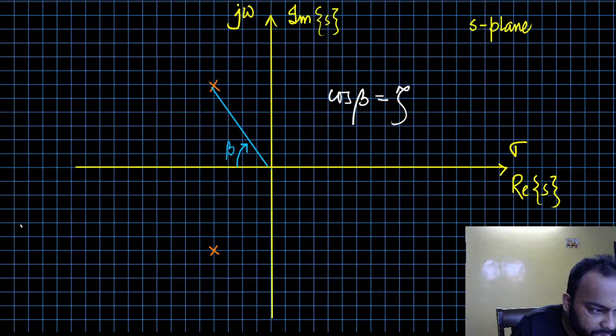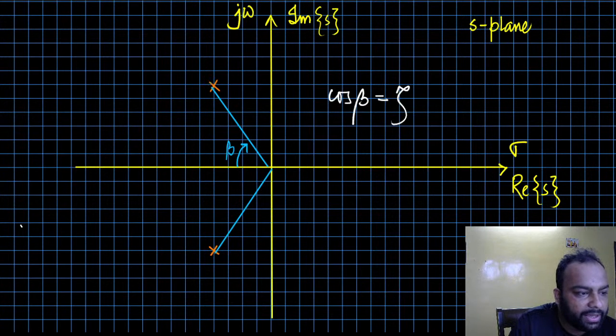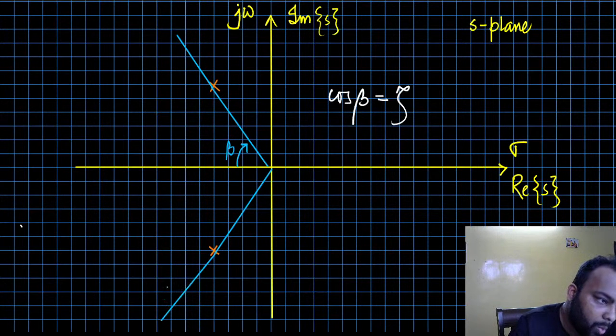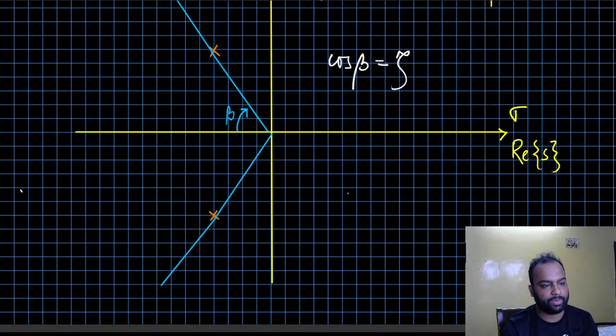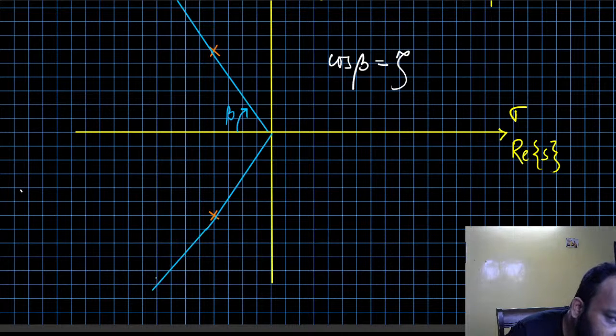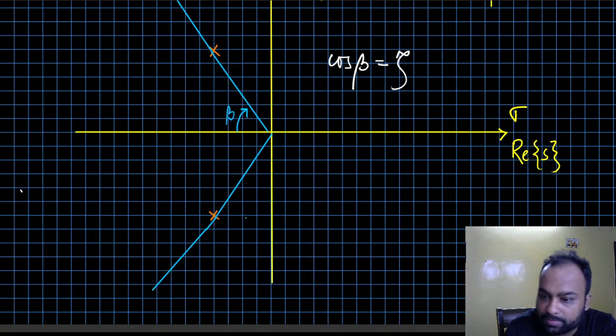Now let's draw this line here as well. Now do tell me, if I extend this line here, what is this line actually denoting? If I extend this line further like that, for where beta is,